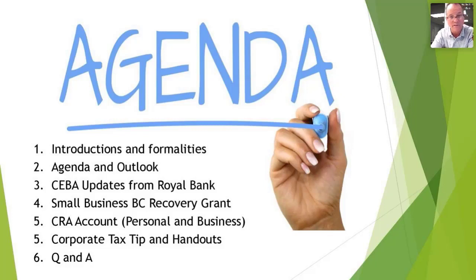But how do you apply for these? What are the hoops? What are the hurdles? What are the criteria for applying? And Small Business BC is now facilitating the provincial recovery grants. So what are the criteria for those? That is up to $30,000 for the Small Business BC recovery grant and up to $15,000 additional funding for tourism-related